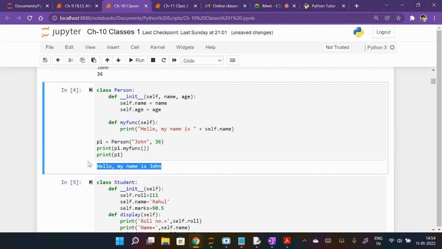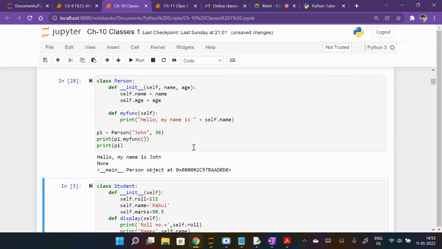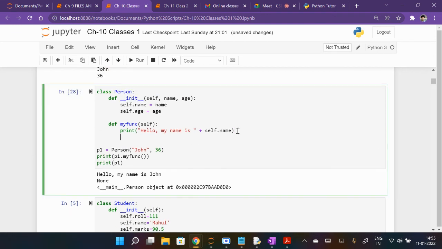Yes. And the second print? The second one will give some hexadecimal value, I think. Okay, hexadecimal. So you want to convert it into a string. So what will you do? Same thing, str also. Yes. So to convert into string, you can do this.